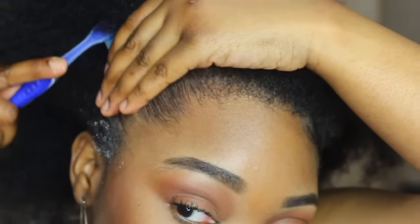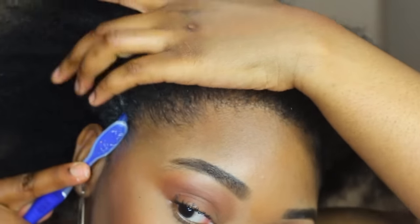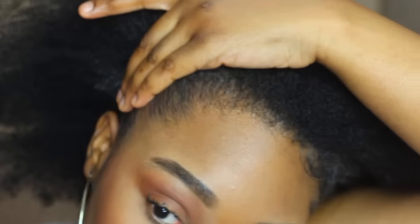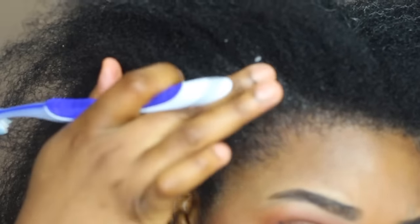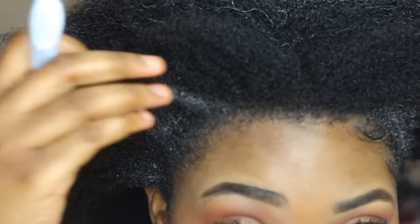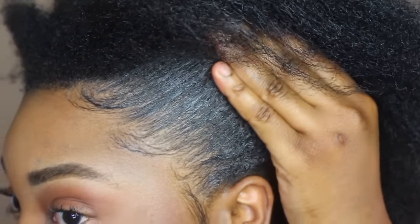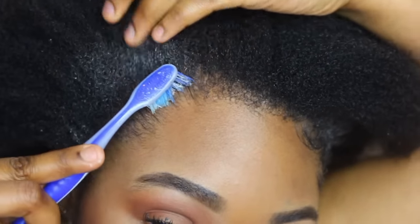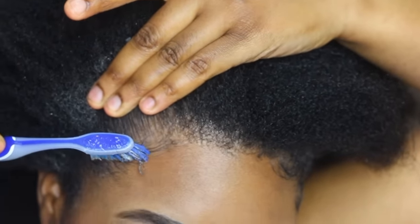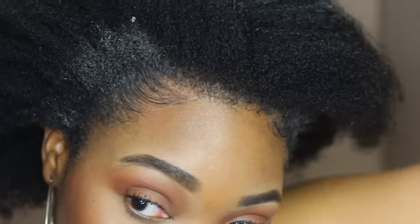So yeah, a lot of people use GOT2B. I think GOT2B is better if you are wearing a wig and you are trying to apply the lace front or the frontal. I think in that situation, GOT2B is a better glue or gel to use. But in terms of laying the edges, I prefer the EBIN New York. The GOT2B doesn't hold my hair as well as the EBIN New York does, honestly,